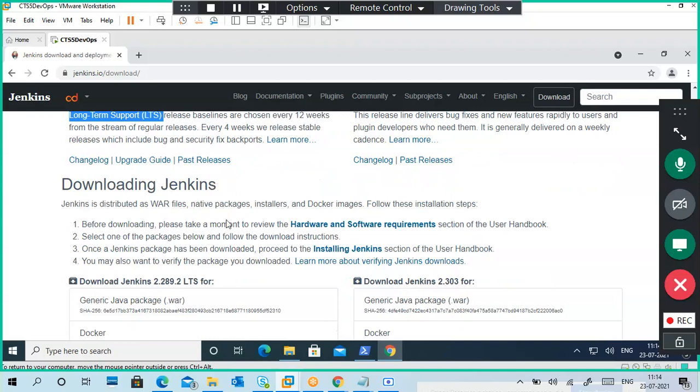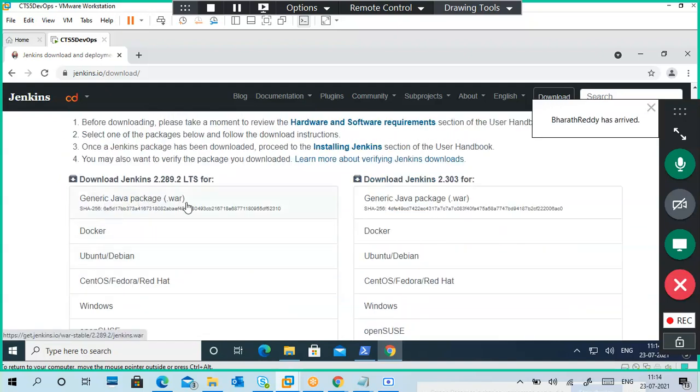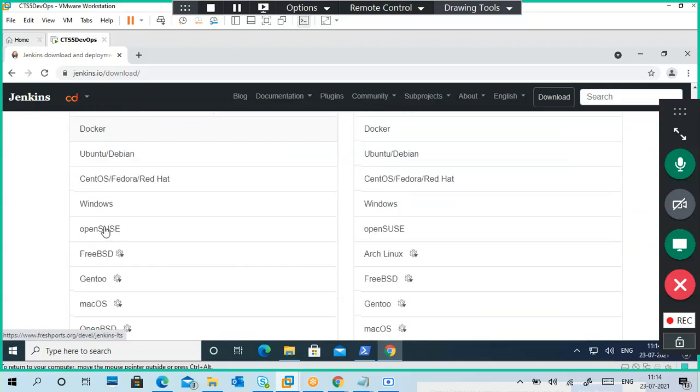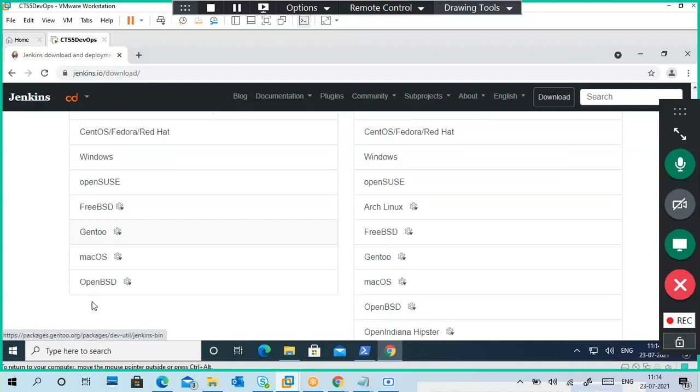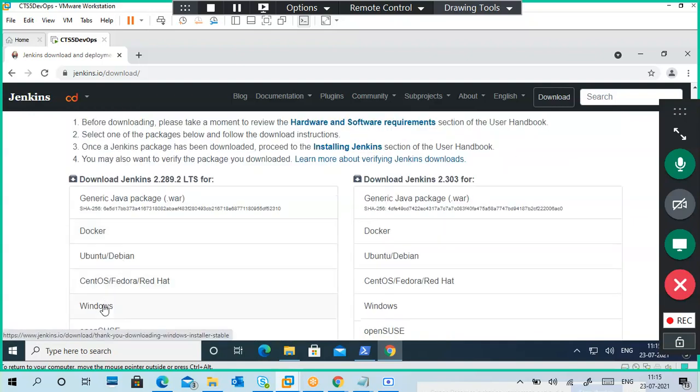So downloading Jenkins, guys, a lot of people download in different ways in different videos. But I always download like this only, the war file. Here you can choose Windows and other options, based on your operating system. If you want to run on Docker, you can choose Docker also. But I will choose war only, and that too LTS. Remember, download the Jenkins LTS war file.